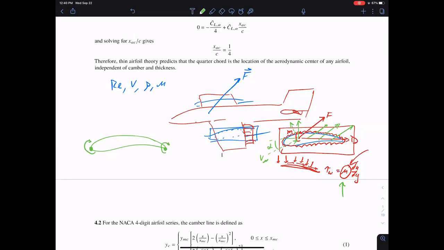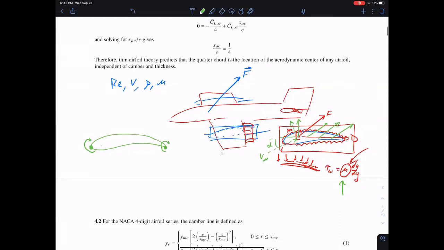The nice thing is, once we've integrated it about one point, we know exactly what the pitching moment is at every location, because we also know what the force is. So if I know the pitching moment at the leading edge, I can figure out what the pitching moment is at any other location by using the force and just moving. This is a statics problem, right? We just move over to another location, compute the pitching moment at that location. Well,